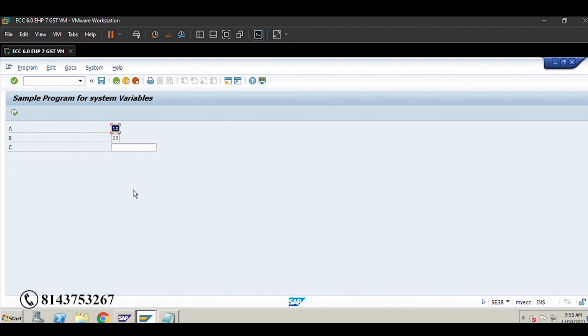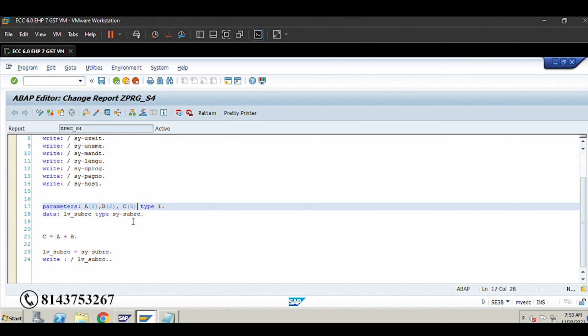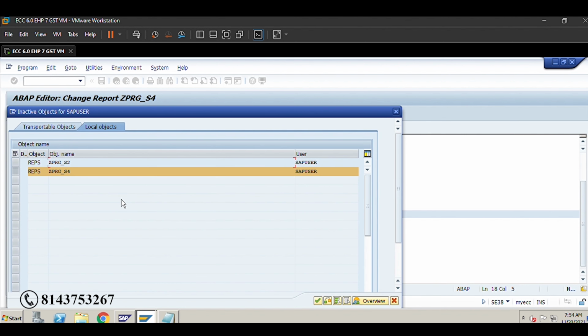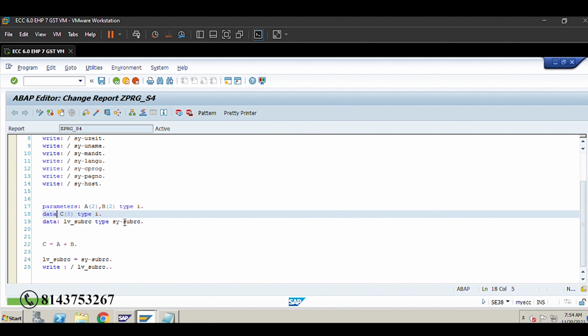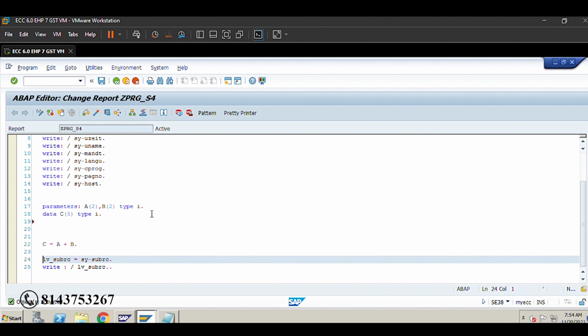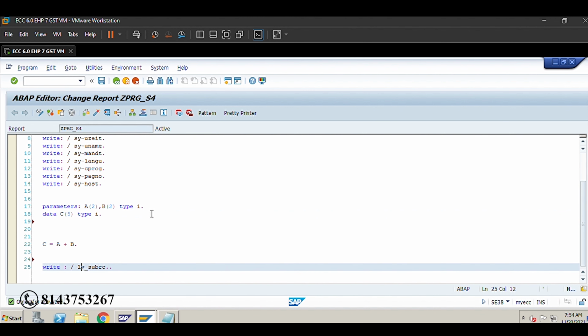The value was not taking static, so it was giving us an error. So what we have done, we are giving the value on the input screen and defining it here. I am saving the value of sy-subrc in a variable. It is also not required here. You can remove it and utilize sy-subrc itself.